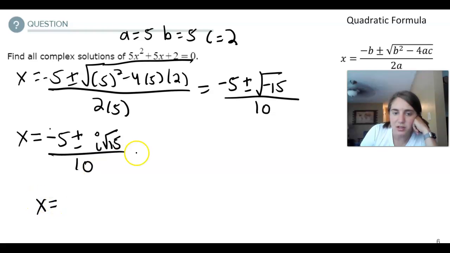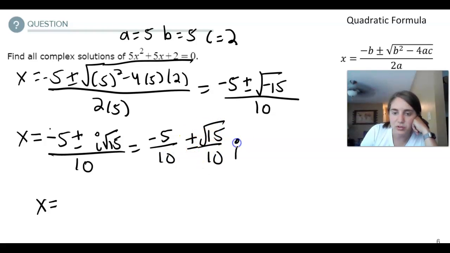And to write it in standard form where you have your real plus your imaginary, I'd write it like this, so -1/2